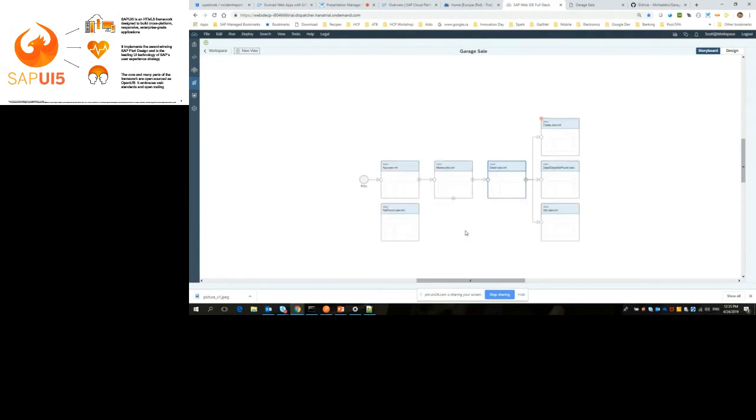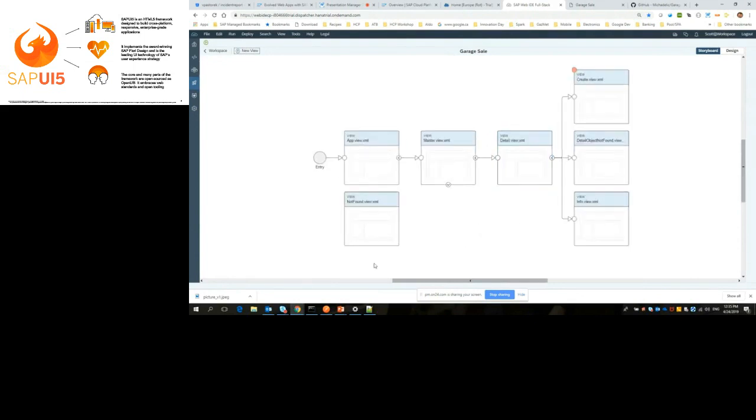Boom. The button is now not by itself anymore. It's moved from the bottom left and it's been attached to this view, which is kind of nice. All right. Good. So that's basically the navigation that has been set up now. That's fully working at the moment. The only thing we still need to do is instruct this new page to be switched to the 3-column layout, because at the moment the template is only showing 2 columns, and that's something we need to add to the controller. Okay. So I'll go back to my workspace,